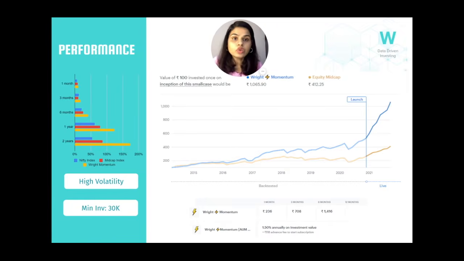The minimum investment that you can do in this portfolio is around 30,000, and the pricing for this portfolio is in two ways, right? So we have a simple momentum portfolio, which is flat fee, where 1 month charge is 200 rupees plus GST, and the second one is where you pay 1.5% as the fee or as an AUM based fee for this portfolio. Both these portfolios are exactly the same. One of them started a little later, but these are just the same portfolios with two different types of pricing.